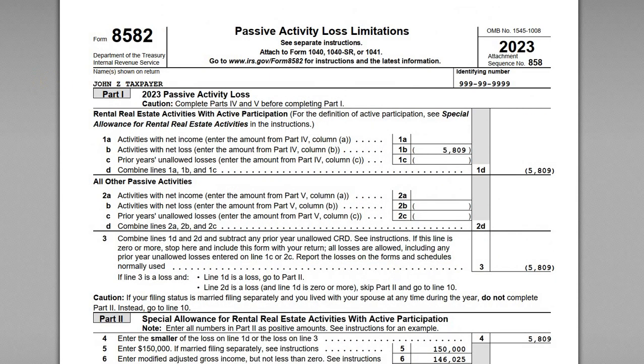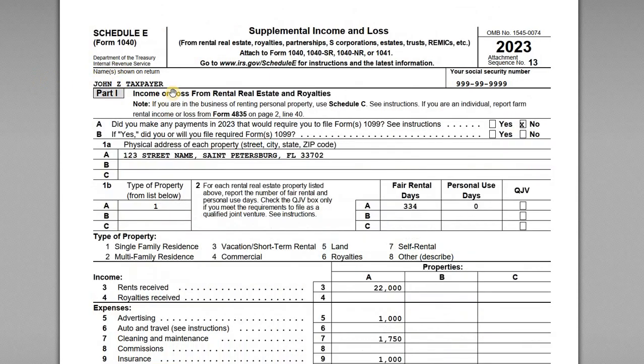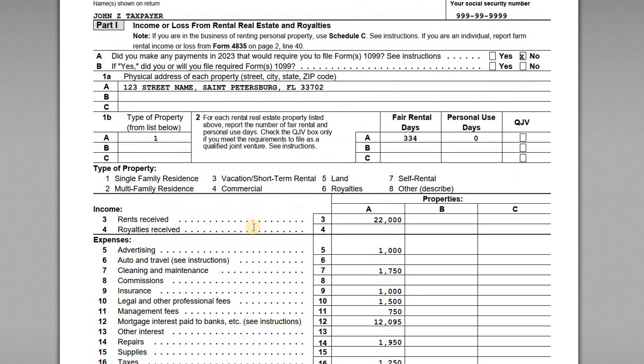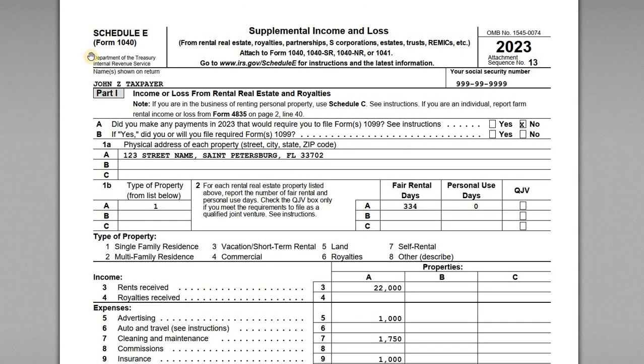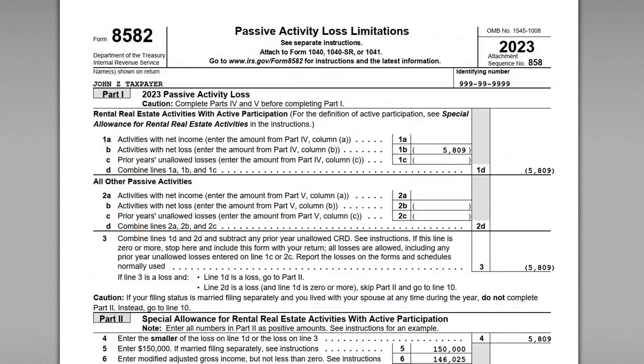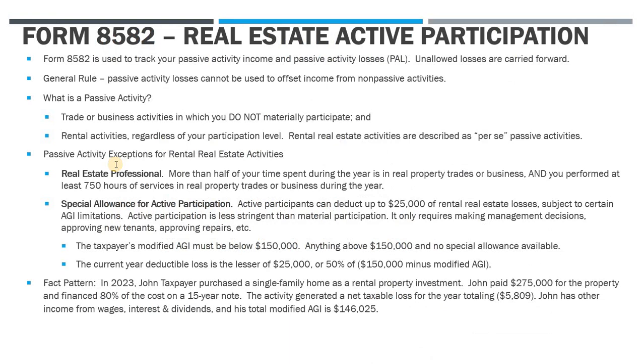So we've got the 8582 here. We've got the Schedule E for the taxpayer where we reported the rental income and expenses. And so we'll go through the 8582, and we've also got the taxpayer's full 1040 here, so we'll cover all those other schedules and forms that are required. Lastly, we've got one slide here covering some background on the 8582,